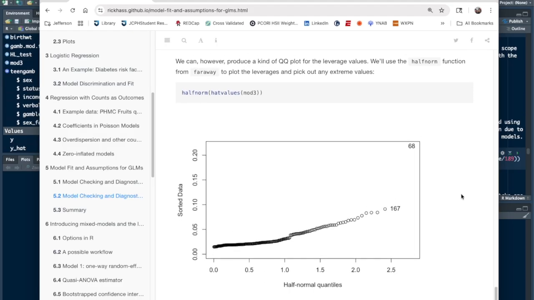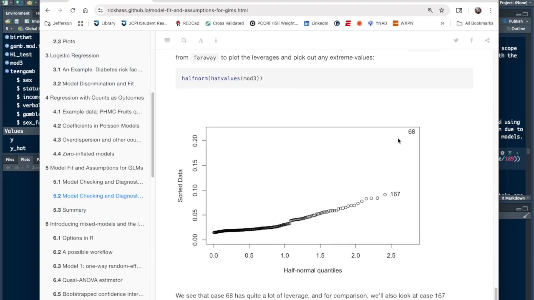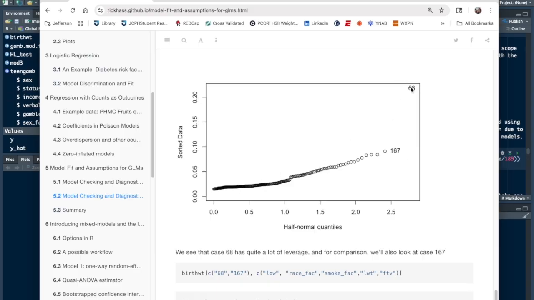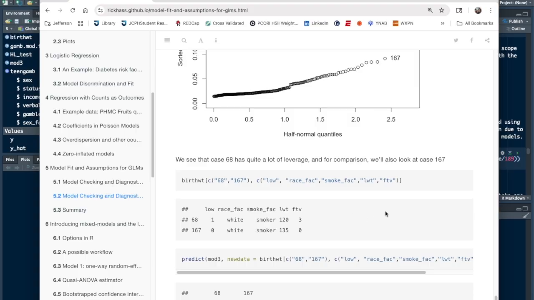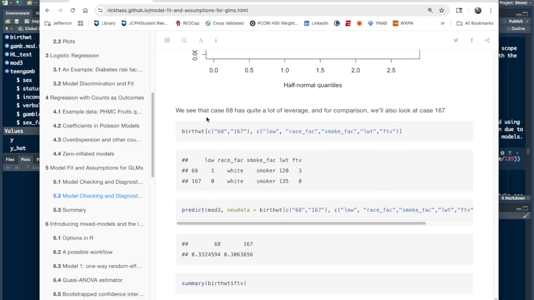One piece that some people use, and Faraway has written a function for it, is to plot the so-called half-normal residuals and use a QQ plot. Again, we'd want to see the diagonal. We don't see that. We see one outlier there, and that is telling us that there is a leverage point, and it turns out that that's a person